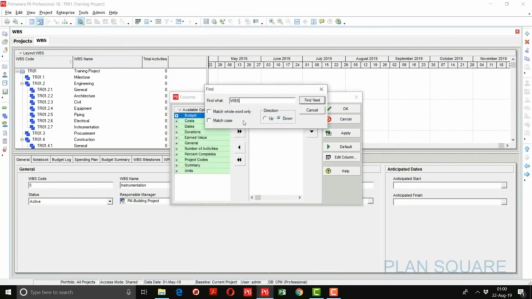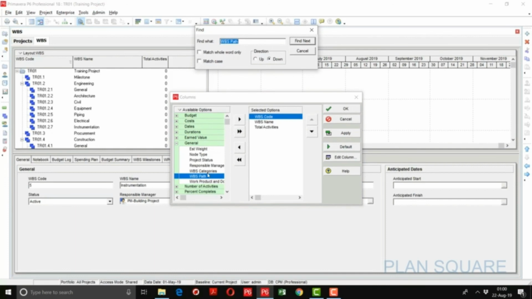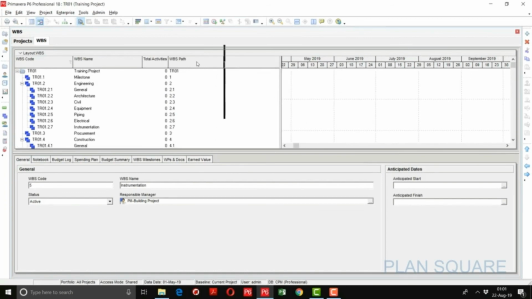Here I will write WBS path. So I will click next. It will automatically go there. I will take it to the right side by simply clicking on the arrow, and here you can move where you want to show this column. So after clicking OK, you can see here the WBS path has